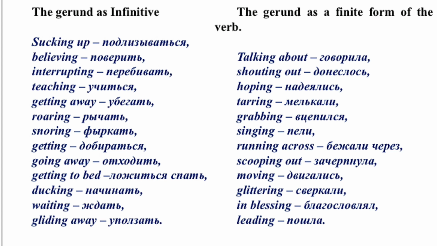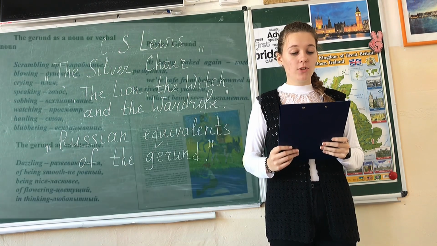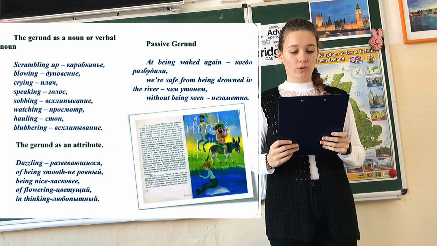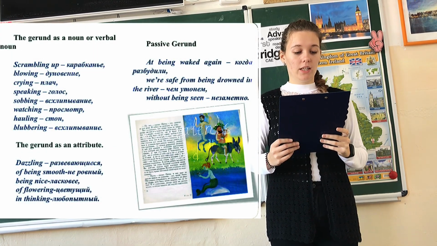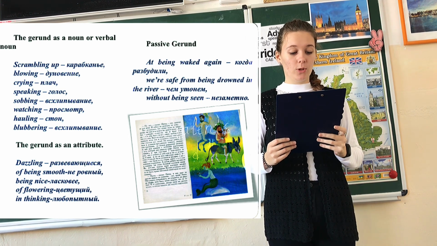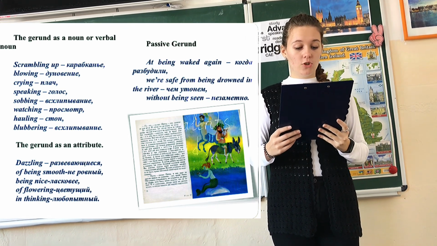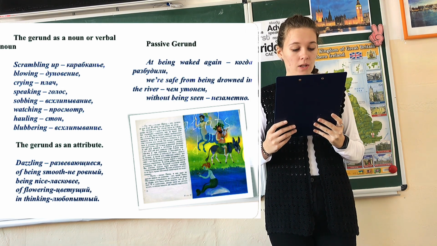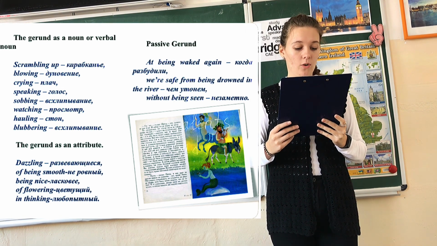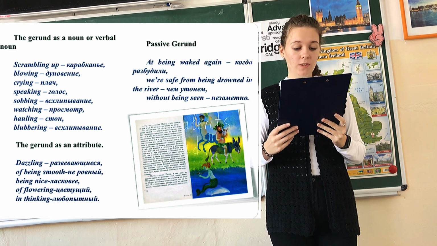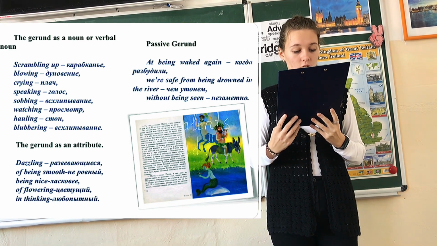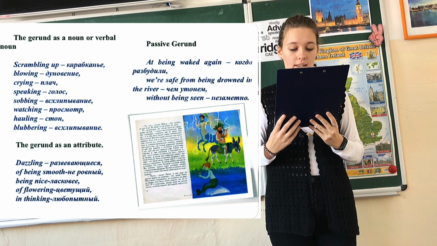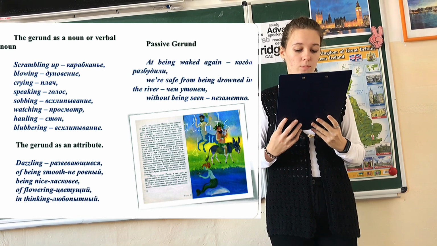The gerund as an infinitive form of the verb: talking about, говорила, hoping, надеялись, singing, пели, moving, двигались. The gerund as a noun or verbal noun: blowing, дуновение, crane, плач, speaking, голос, watching, просмотр. The gerund as an attribute: being nice, ласковее, of lowering, цветущий, in thinking, любопытный. Passive gerund: at being waked again, когда разбудили, without being seen,